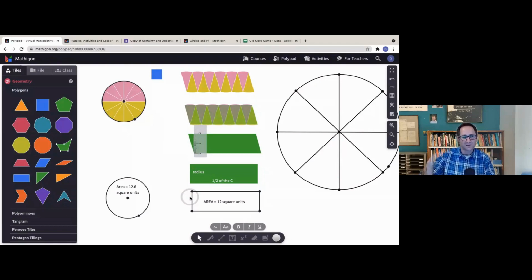And that process was the same process we did with parallelograms. It was the same process that we did with triangles. And in fact, later in the year, when we do volume of a sphere and we split the sphere up into square-based pyramids and we arrange those into a shape to find the volume of that, it all connects, right? And so I think there's great power in that all connecting. So that is one example of where I think virtual tools can really add a lot of value for students,